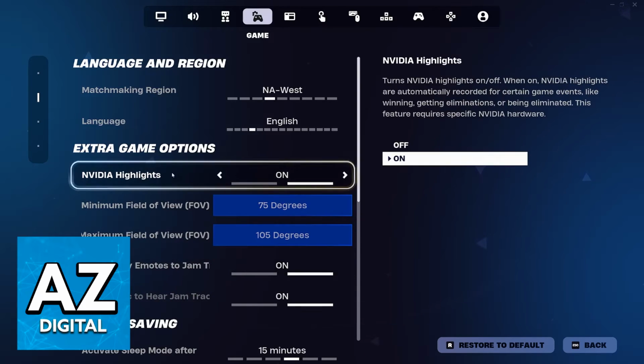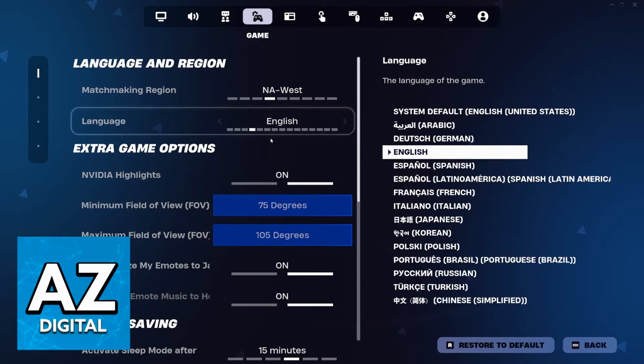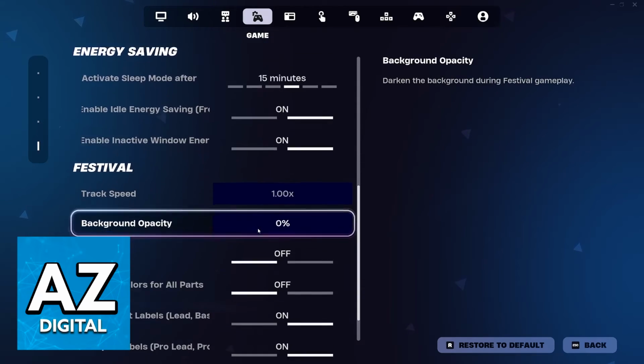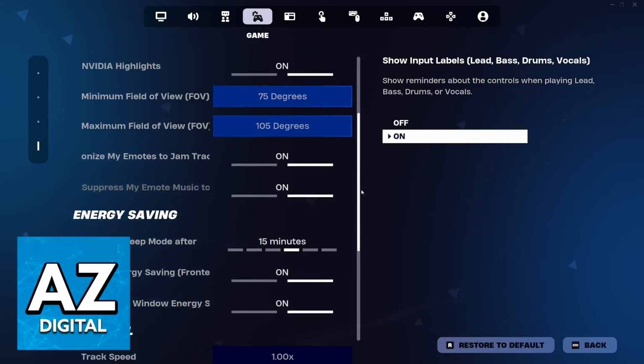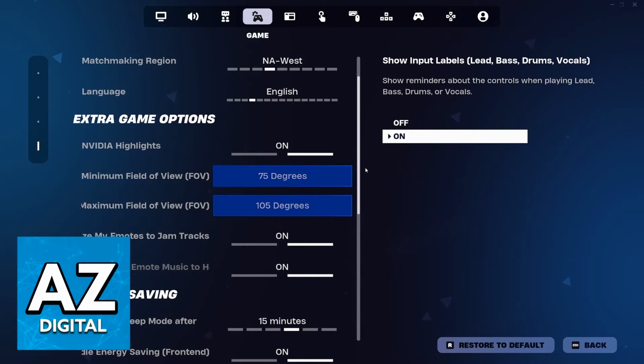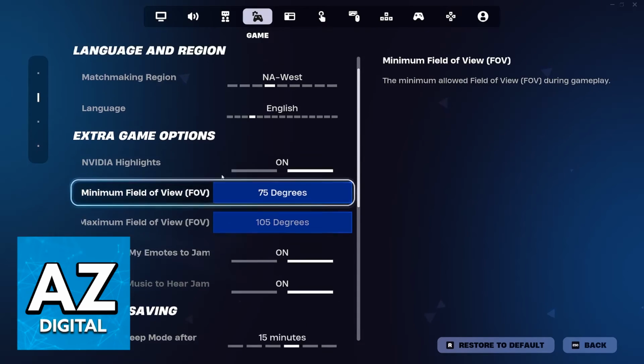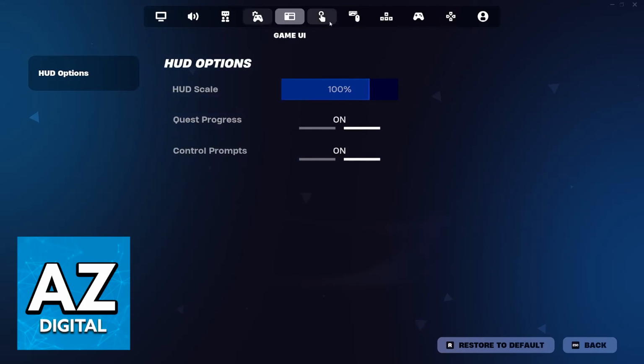Now, usually there was meant to be another setting here called invert view. For some reason, my game doesn't have it. I have looked in all other tabs, but I couldn't find invert view. Some people like to use inverted camera. This means that when you move your mouse up, instead of panning the camera upwards, it is going to pan it down. This is also another consideration that you have if you go over to this window.